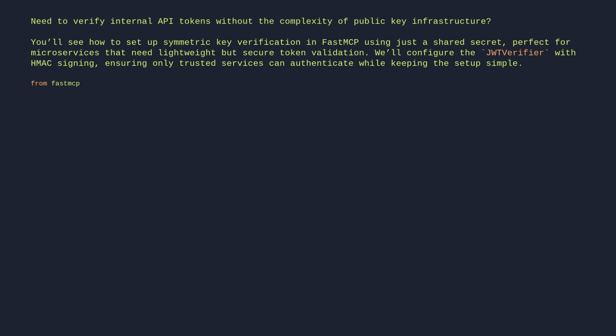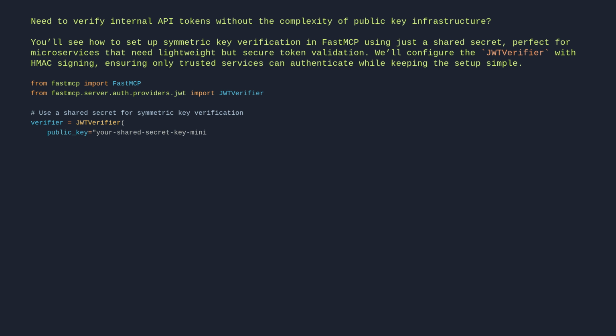from fastmcp import FastMCP. from fastmcp.server.auth.providers.jwt import JWTVerifier. # Use a shared secret for symmetric key verification. verifier = JWTVerifier( public_key = your shared secret key, minimum 32 chars. # Despite the name, this accepts symmetric secrets. issuer = internal-auth-service, audience = mcp-internal-api,